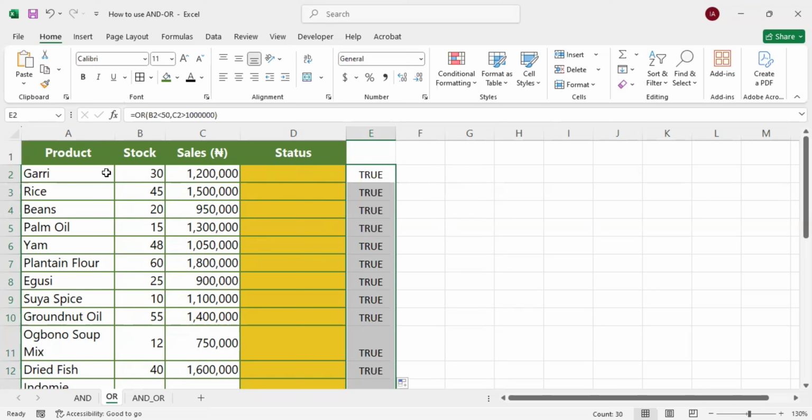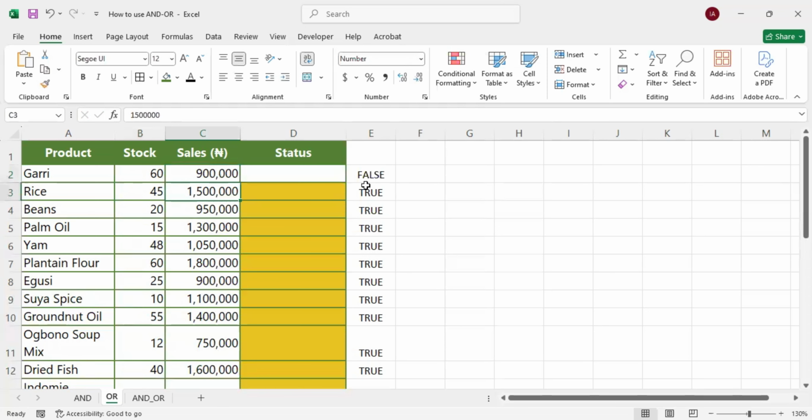But if both of the arguments are not true, for instance, let's change this 30 to at least 60. Then change this sales to say 900,000, hit enter. You see that we have FALSE because both of the conditions are false. But if we change any one of the arguments now, let's make this less than 50 and see, it becomes